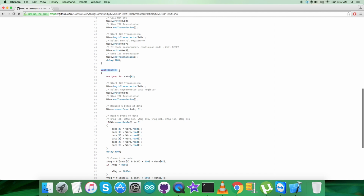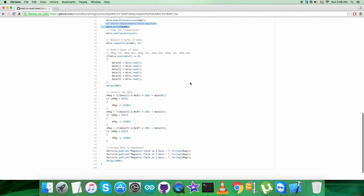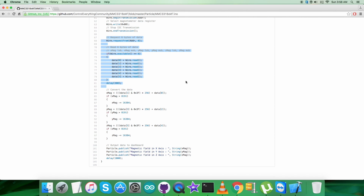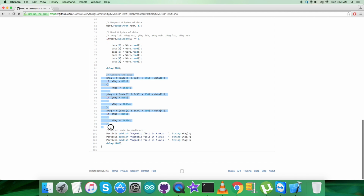Now we want to get the data back, which is in the form of reading data, and we have selected the magnetometer data register having address 0x00, and from this very register we are requesting and reading 6 bytes of magnetic field data, which is the perpendicular axes x, y, and z. And after that, the conversion of the data takes place, which is according to the information described clearly in the data sheet for